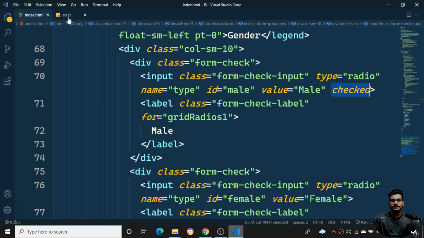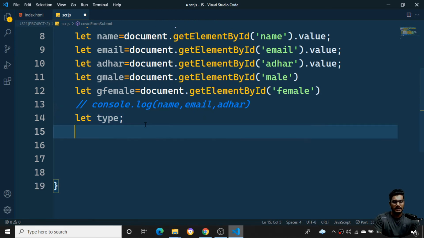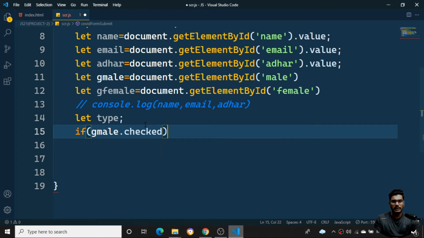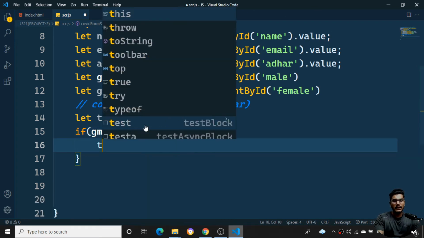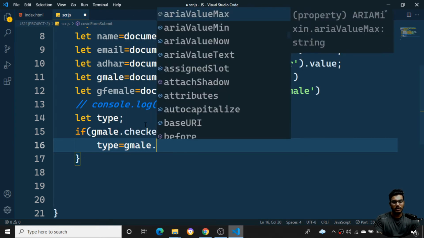So now let's see. Back to here, I'll say if the particular Gmail dot checked, if this thing is checked, the checked attribute, what I need to do is, whatever the type I have created, just grab that particular Gmail dot value in it.